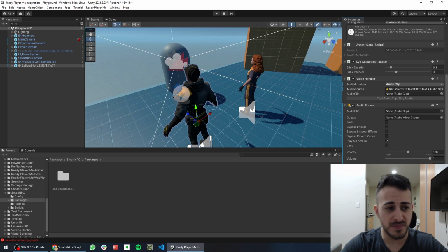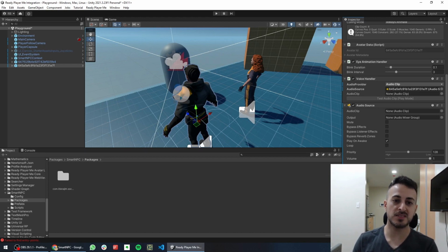Okay, next thing I want to do is set up the lip sync. Now in this case you don't have to download OVR lip sync, the Oculus lip sync, on your own. SmartNPC already contains it and contains some modification of it, which is very easy for you to work with. So all you need to do is specify the skinned mesh renderer, which is the mesh renderer that contains your face with all the shape keys and emotions, etc. In Ready Player Me, it's